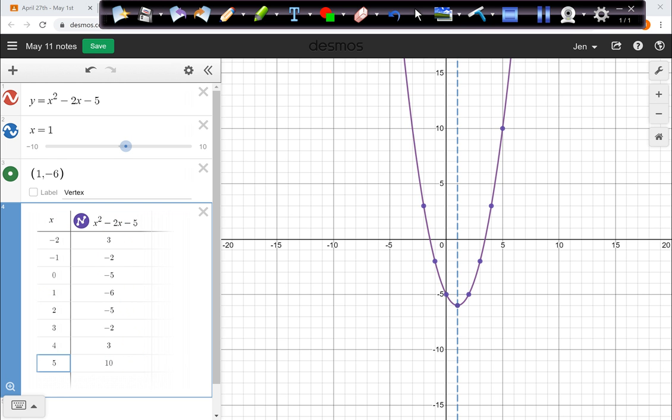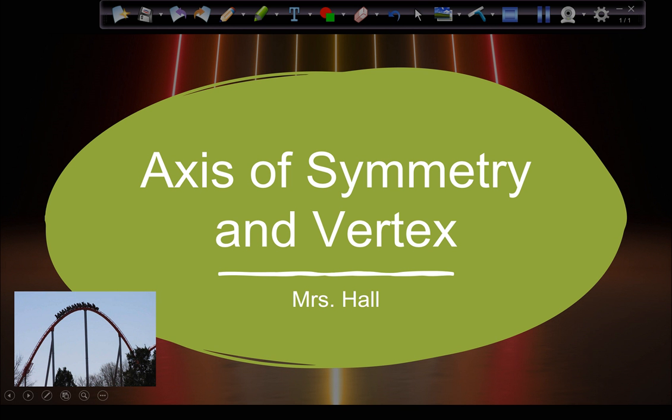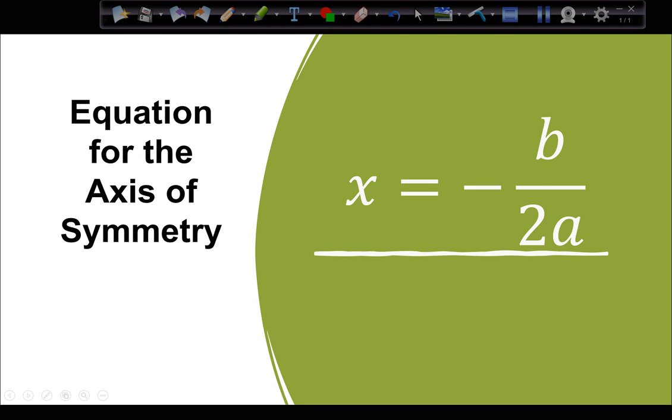Okay, so again, we're going to focus on an equation to help us find the axis of symmetry, and then we'll use that to find the vertex. So let me go back to where I need to go. All right. So here's the equation for the axis of symmetry: x equals